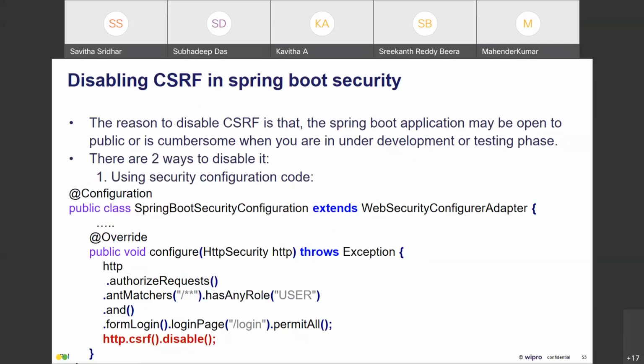It is open to public, and the data is not very confidential or very secure. Or during the development stage or testing phase, you may want to disable it temporarily so that it does not become cumbersome. Of course, you can disable it by overriding your configure method, and in your configure method, if you want to disable CSRF, you can say